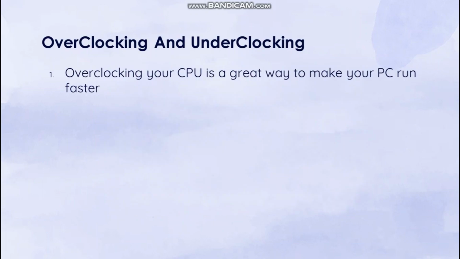After knowing the meaning of the clock speed, we may encounter some words like overclocking and underclocking. We will look into this now. Some processors give us the option to overclock or underclock. Overclocking is a great way to make your PC run faster. If you have to load and work on a huge software and it is causing trouble with its slow loading, you can overclock your PC so that it runs smoothly, but at the cost of high power consumption and high heat dissipation.